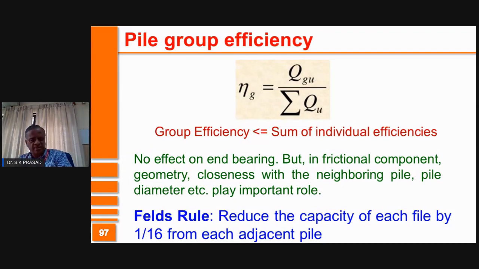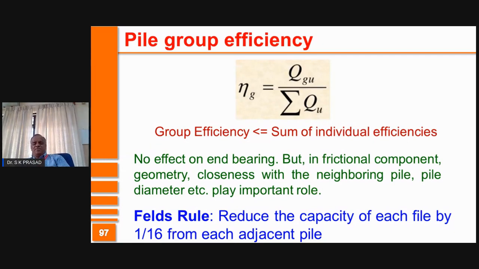As I said earlier, there is no effect on the end bearing, but for the frictional component, geometry, how close the pile in question is to the neighboring pile, the diameter of the pile, etc., they play an important role in deciding the group efficiency. So there are a number of empirical formulae, like the one which I mentioned, Converse Labarre,